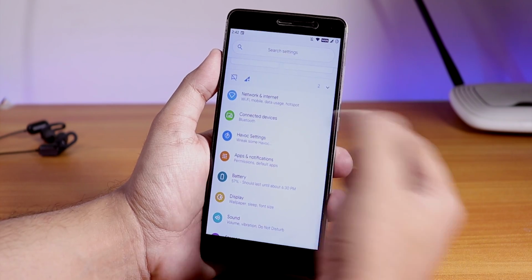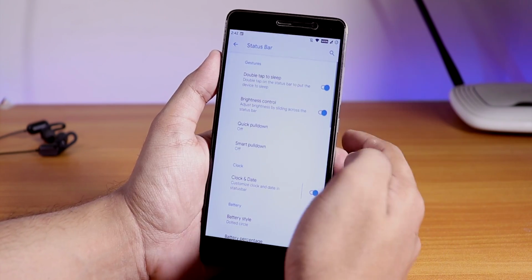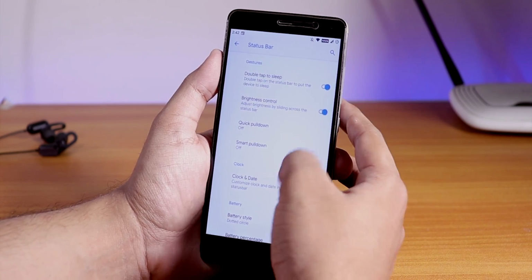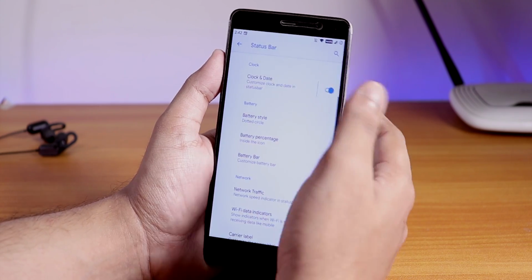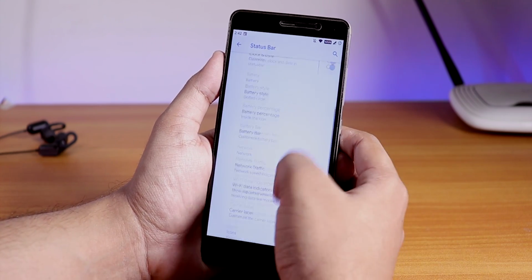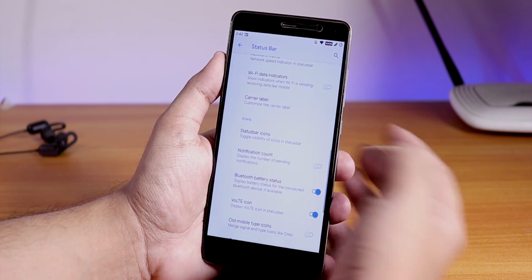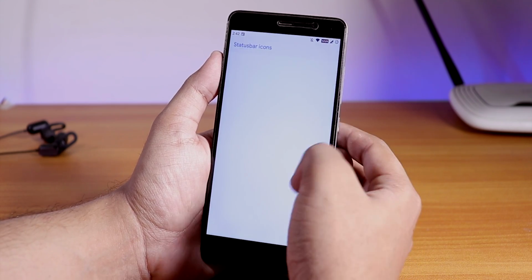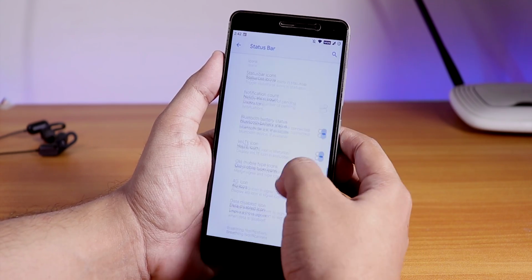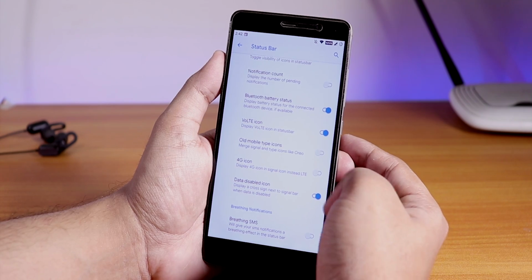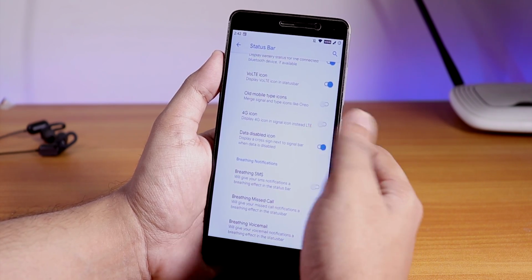I'm saying it again and again because HavocOS has the most amount of customizations. As you can see, we have the double tap to sleep, brightness control, quick pull down, smart pull down, clock and date customization. You can even change the fonts. Network traffic, you can enable it if you want to. Status bar icons, you can enable the headset, Bluetooth, etc. icons from here. VoLTE icon is of course you can see up top, and you can change the LTE icon